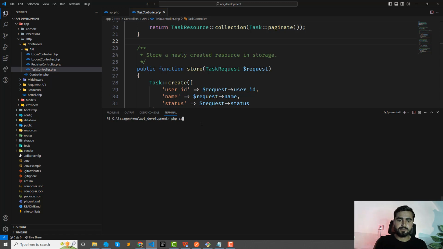PHP artisan. And by the way guys, I'm shooting this full course in a single go, right? I started it from around 5 p.m. and now it's 7 p.m., and I'm shooting this in sequence. I'm not stopping, and I will shoot this full course till API token, and then I will shoot the further part for